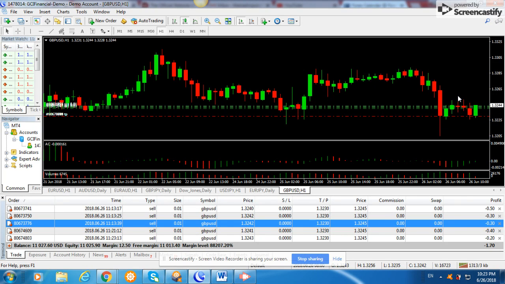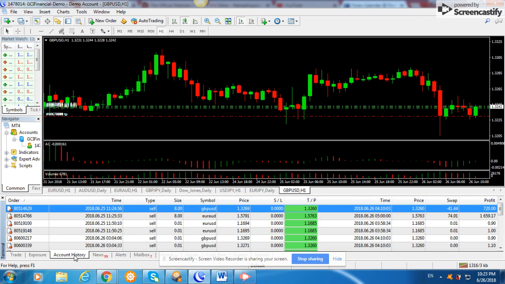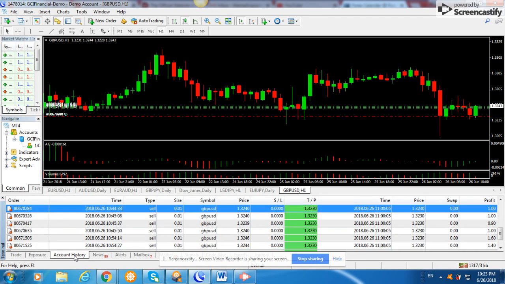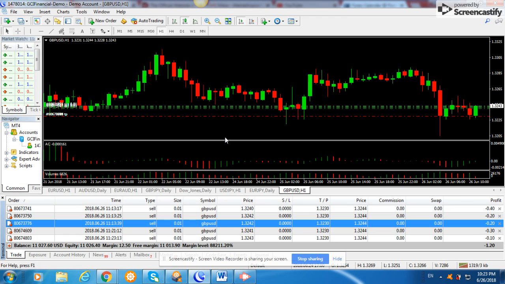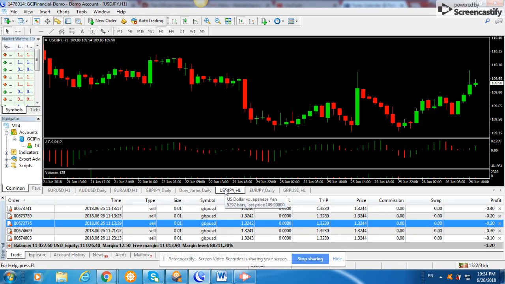Can't quite get it to work with the software. So I've had quite a run of winners there. And let's see how this develops. So very much focused on the pound dollar here. And over here, dollar yen. There's a bit of resistance in there. Not hugely convincing. I mean, the real resistance there is,